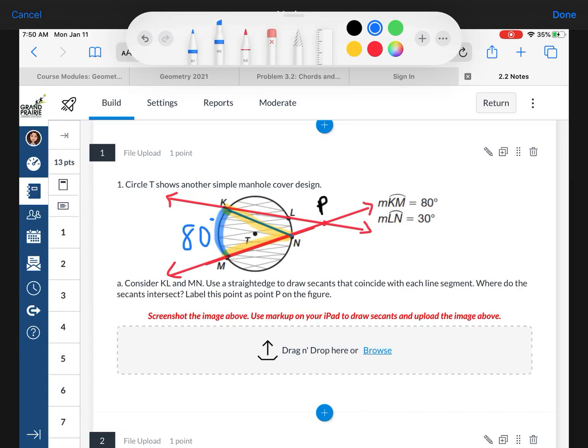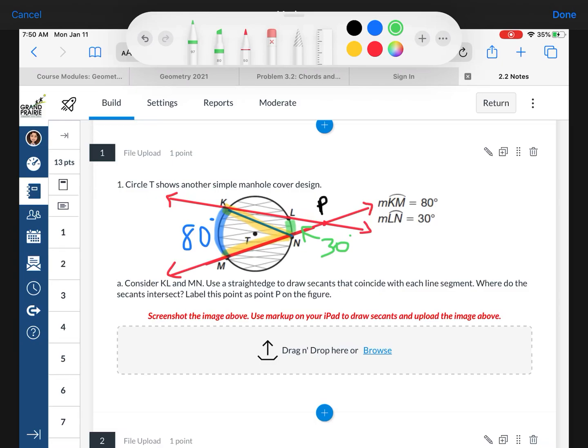And we know that this arc, I said angle, I meant arc. So that arc right there measures, let's just do an arrow, 30 degrees. That's what was given, right? Because angle KNM, the highlighted in yellow angle, is an inscribed angle, and we learned, I think that was last class or last lesson in Unit 1,